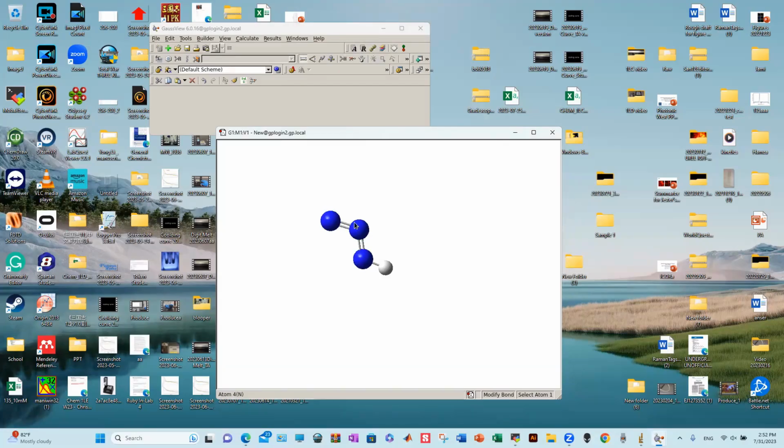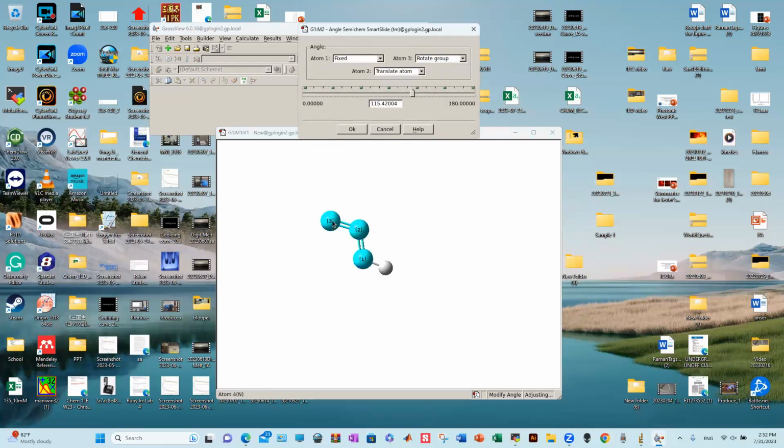Now we're gonna change the bond angle because azide should be linear, since there's 4 electrons each side of the center nitrogen. We're gonna click on this bond angle and select the bond or the atom that participate. In order, I like to select number 1, number 2, that should be fixed, and number 3 will be rotated. However, under some circumstance, you want to rotate the center atom, or you want to rotate the first one, and